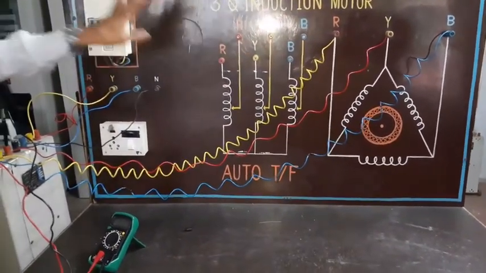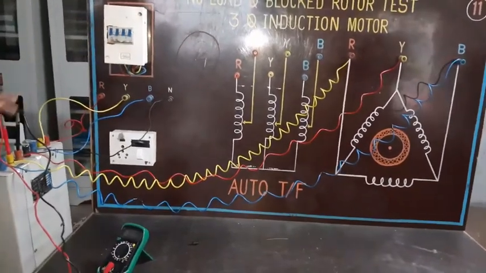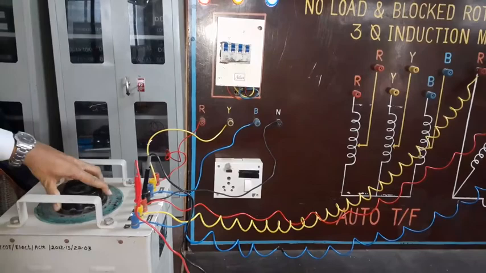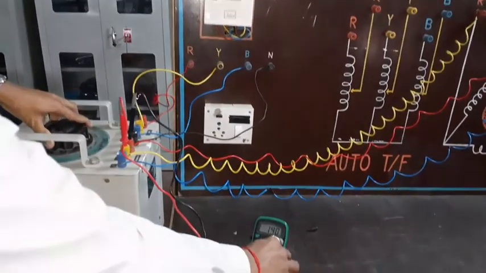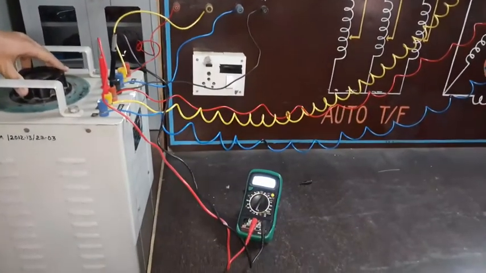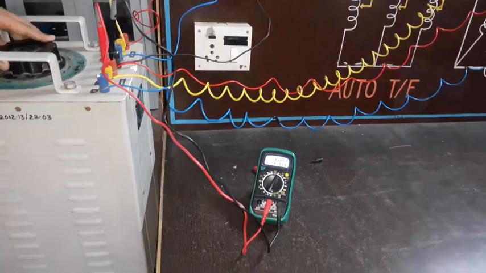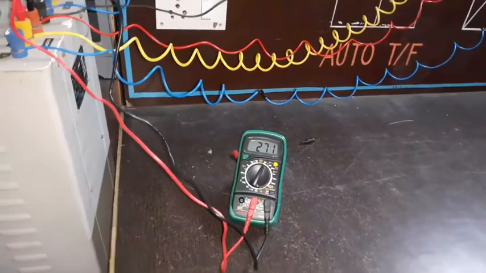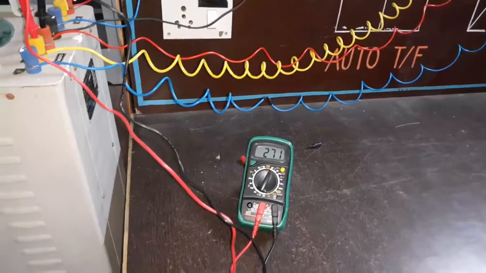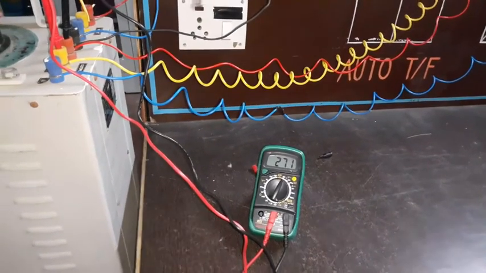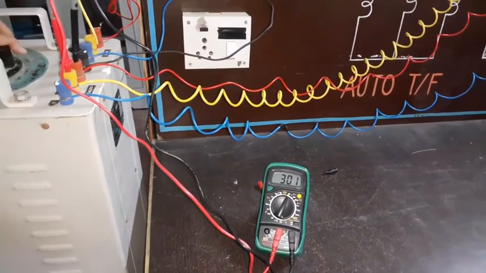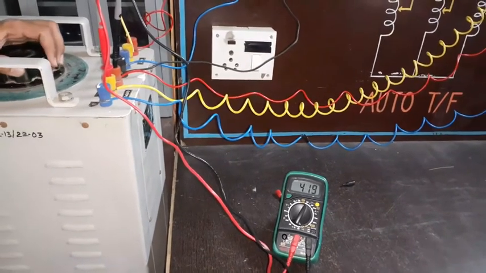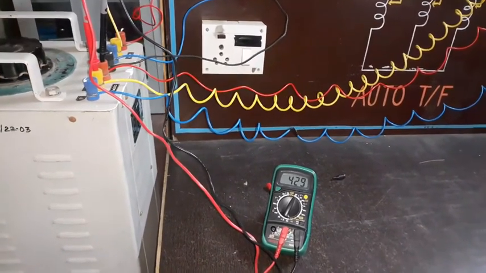Now we will check the direction of rotation of the induction motor. Switching on the induction motor again, now by using the auto transformer. Initially the voltage is about 140 volt for initial starting conditions. Now we are increasing the voltage gradually, until we apply full voltage, about 430 volt.